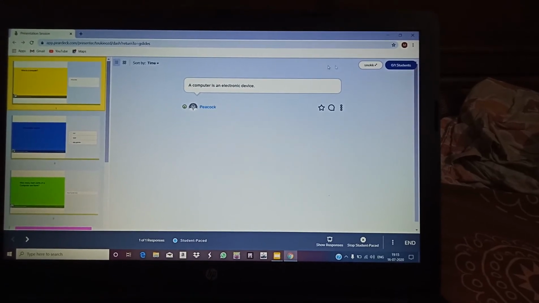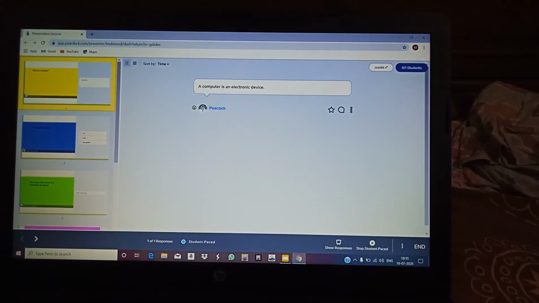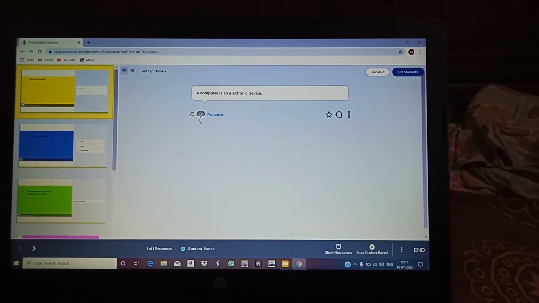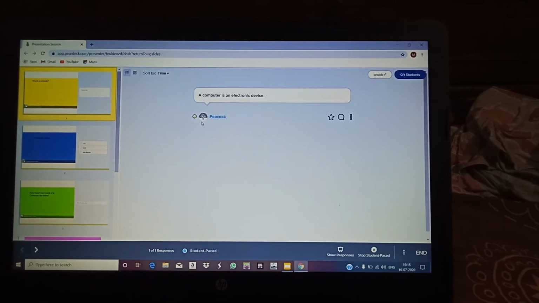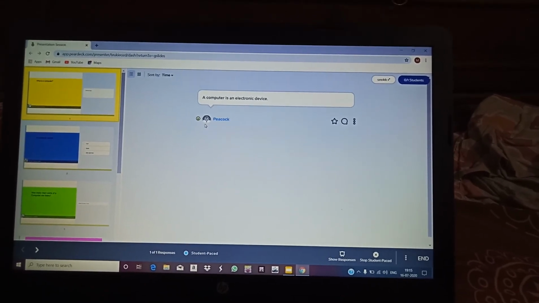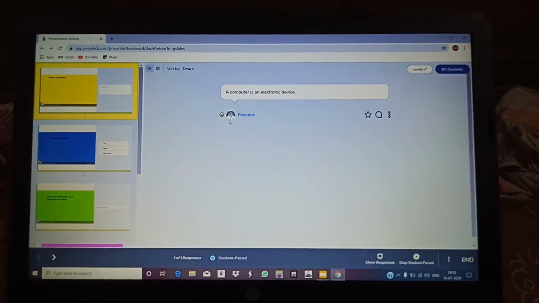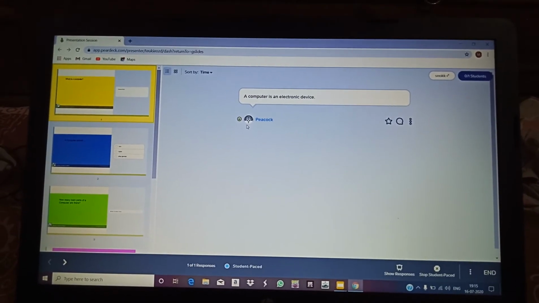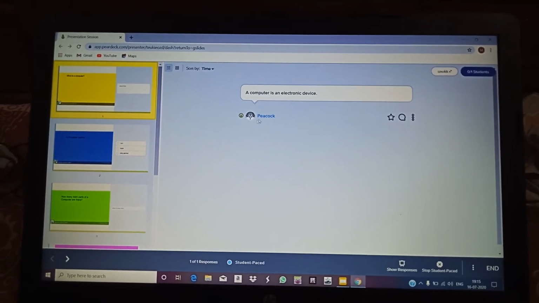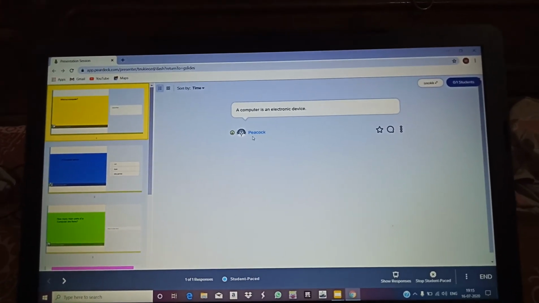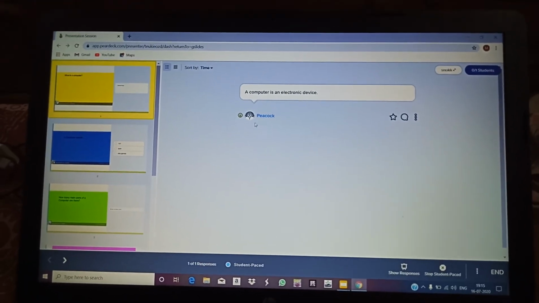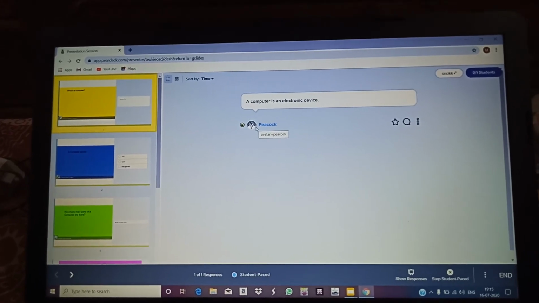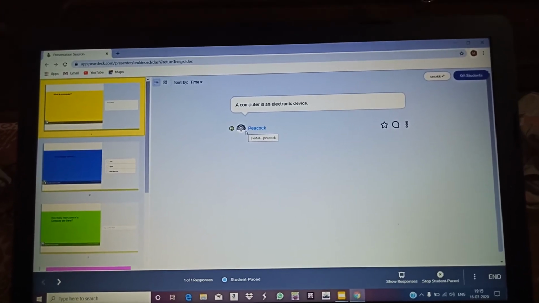One student is showing here, and now when you look, you cannot see the name of the child. This is very good in this software. You can assess the child. Children can do the practice, and they will not get nervous either. When the teacher discusses the question answers or the paper, children feel bad that their answer was wrong and everyone was laughing at them. This will not happen in the live classroom, because by default this app gives the children names like peacock, lion, tiger, any animal's name. So you will not come to know the name. Children will also learn the correct answer when you discuss, and they will enjoy the colorful slides also.